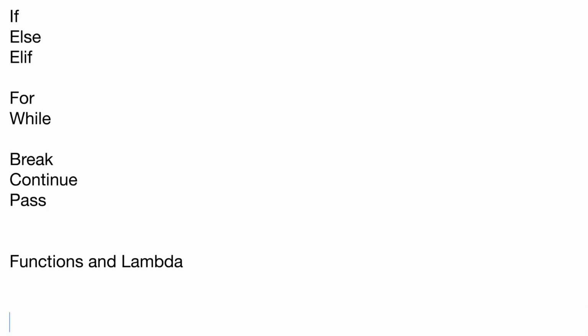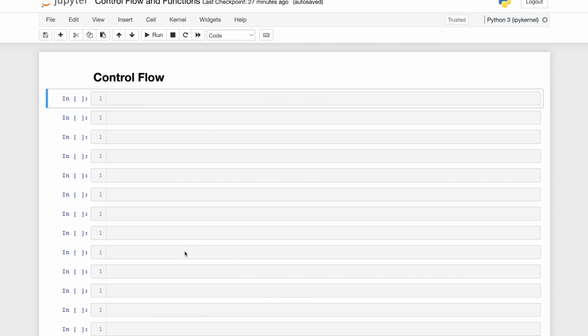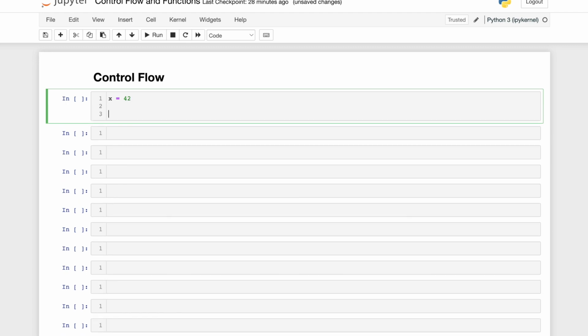Okay, now what is if and else? Let's see, what is if, else, and elif? This is the question. We'll try to understand this with an example. Let's define a variable x is equal to 42. If we have to write a simple logic where we want to find whether x is equal to 0, or greater than 0, or less than 0, whether it's positive, negative, or 0, how are we going to write it? Based on what we know till now and based on the if statement, we can write something like